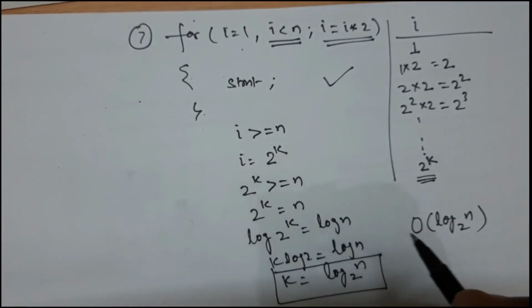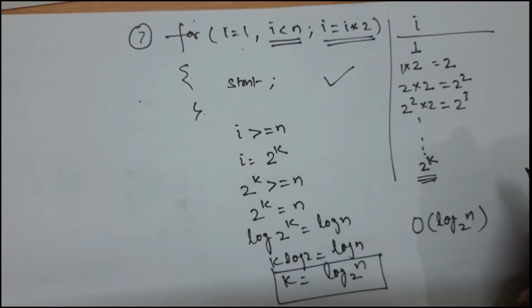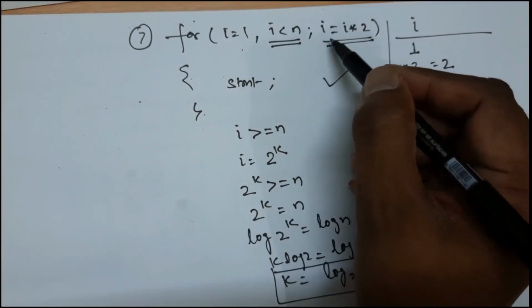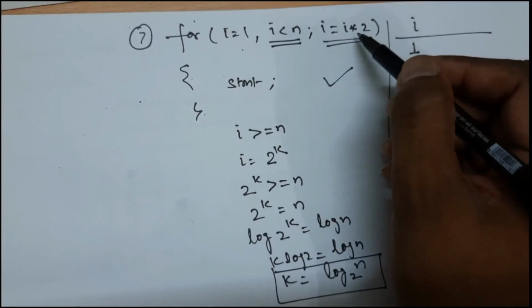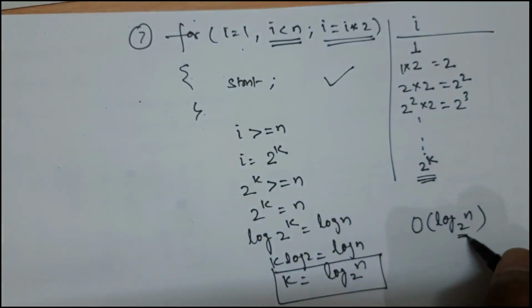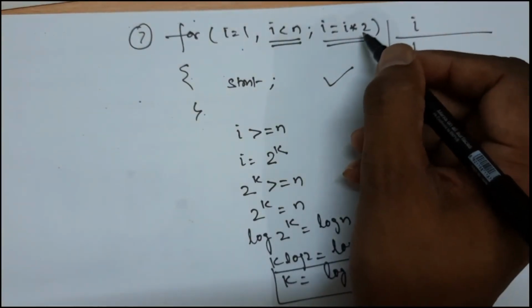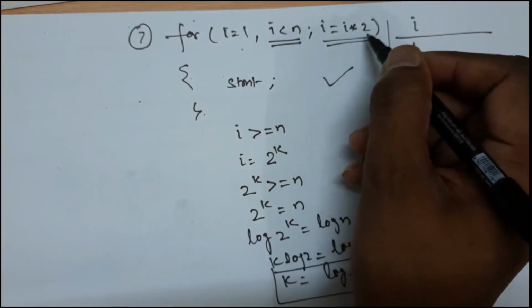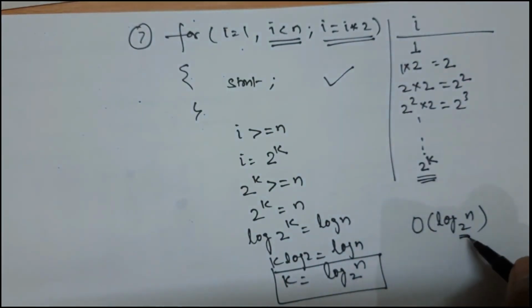So what we can analyze is, if the value of i is updating by multiplication by 2, then the base is 2. If it is updating by multiplication of 3 or 4 or 10 or any number, then that will become the base of this log. Okay,